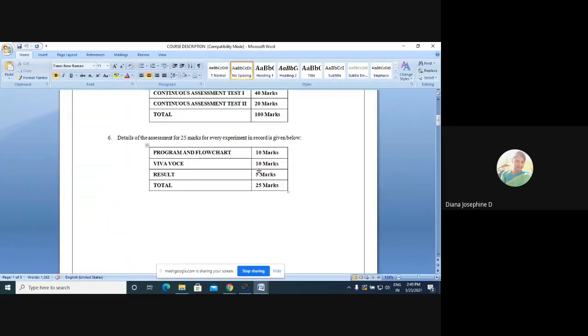And every week new experiment will be taught by the faculty members, and you will be asked to submit only the output sheet. Okay, for every experiment along with the study material or along with the lab exercise, you will be given the output sheet.